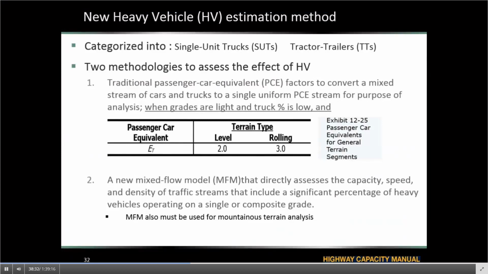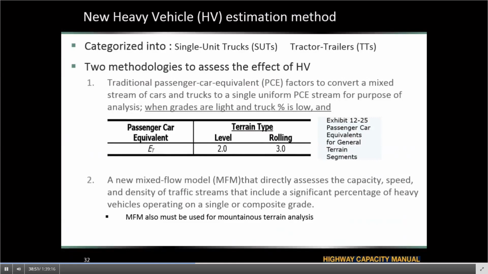Basically, the way that the manual suggests is that whenever we do see light grades and a low percentage of trucks, we should use these PCEs provided in Exhibit 12-25 as a general number for the analysis.